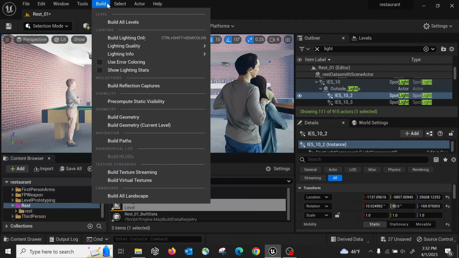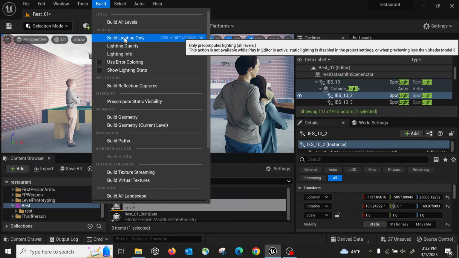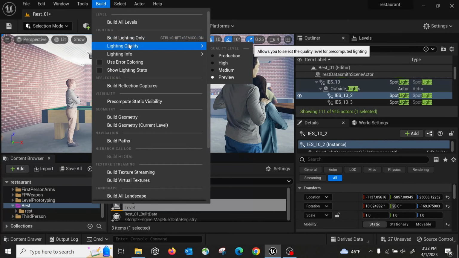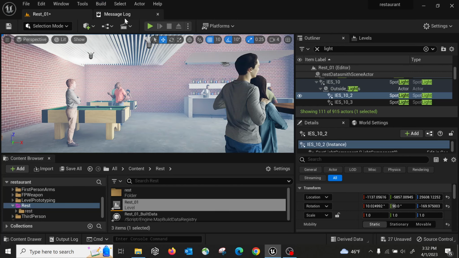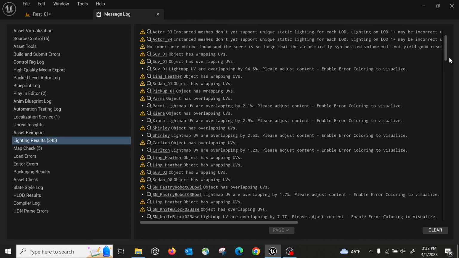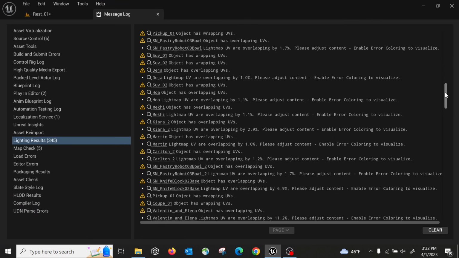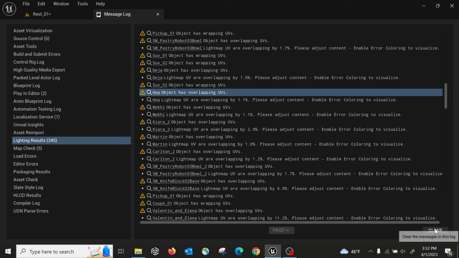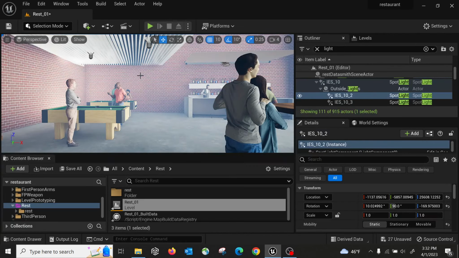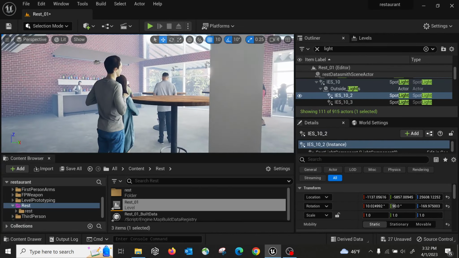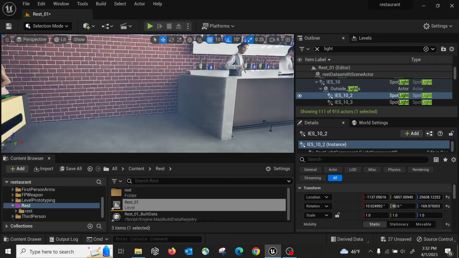All right, the next thing I did is rebuild the lighting with preview quality, and also rebuild the reflection. There is some warning message. I believe most of them are because of UV mapping. There's not a right UV mapping for some objects. I can ignore this, and then you should see the result is slightly better, especially for the areas with the